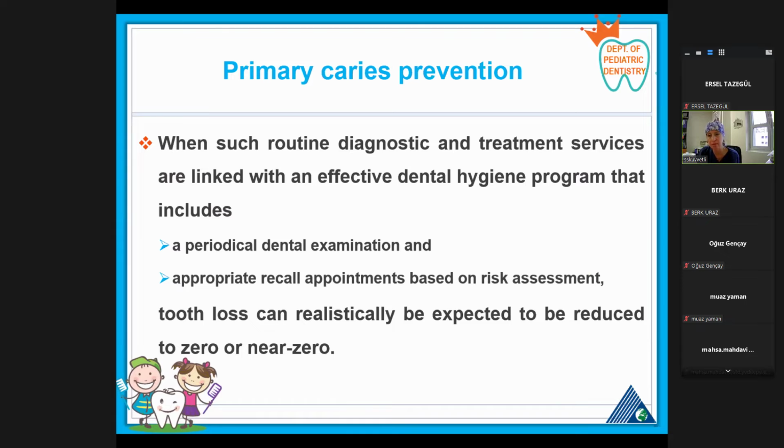And in the second midterm, in the spring midterm, you will be preparing some educational programs to people, of course not real people, but you will think that you have young people or adults across from you, and you will be preparing some health education programs which will be related to dental caries or periodontal diseases. And while you are preparing and listening to those programs, you will be understanding more.